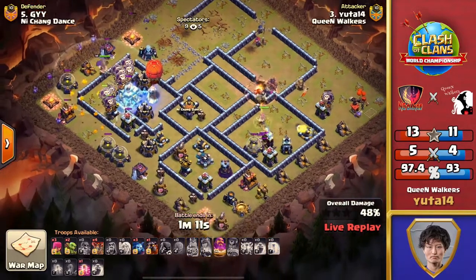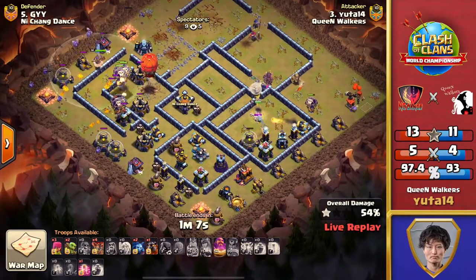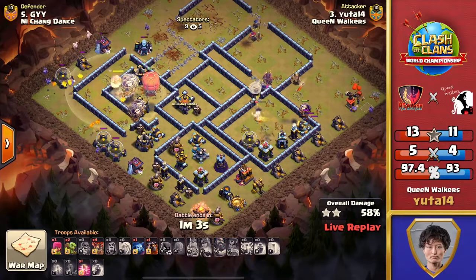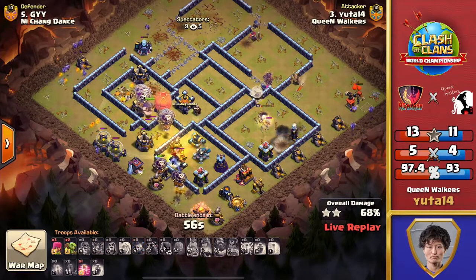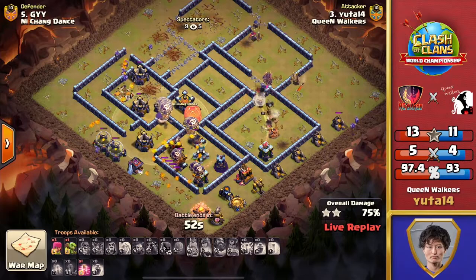The Queen should be fine. She's back to full health as the balloons make their way to the town hall, and Yuta 14 is flying his way through this base. GYY's base is looking to go down. We still have that last haste spell to push in through that scatter shot. The Queen fighting off the skeletons and trying to get through those defenses, but with the Stone Slammer still up,